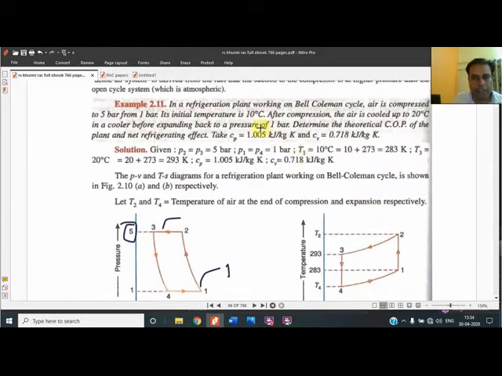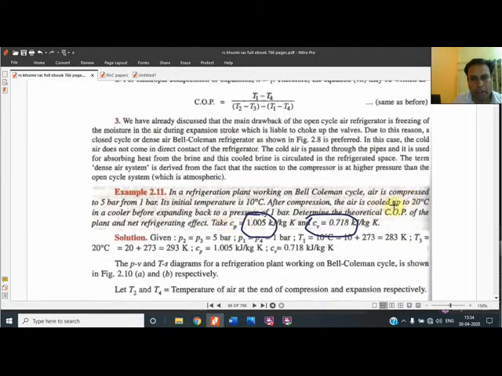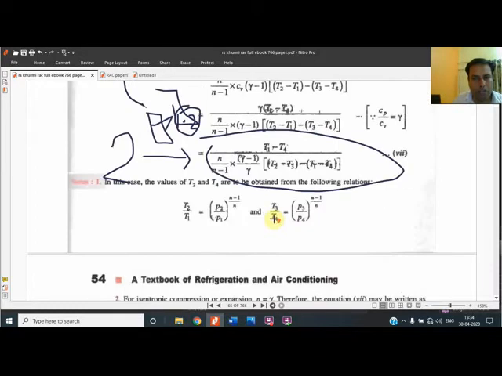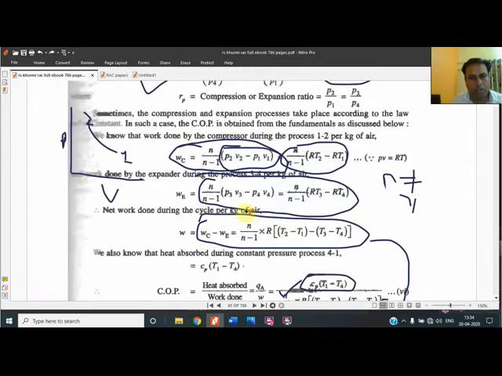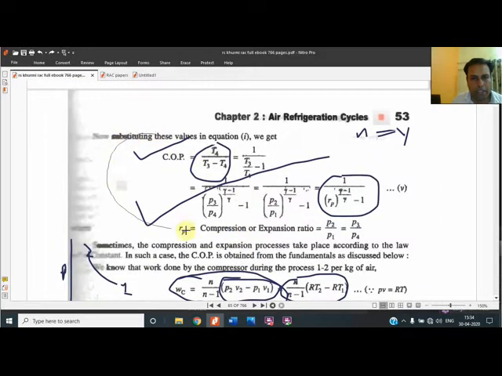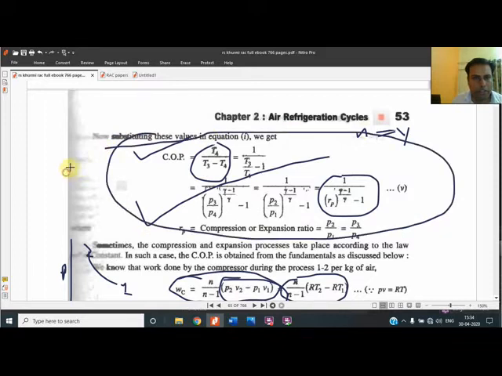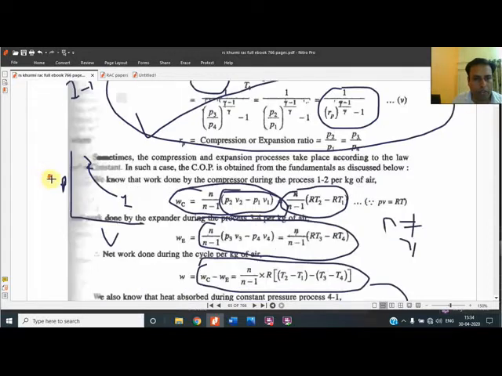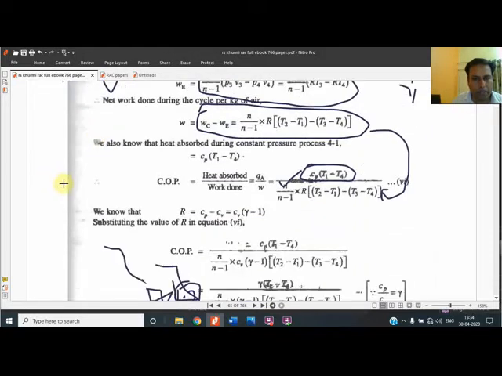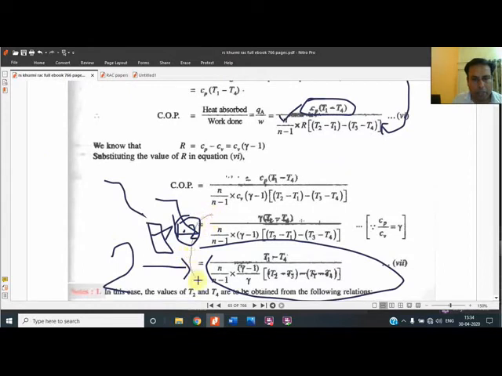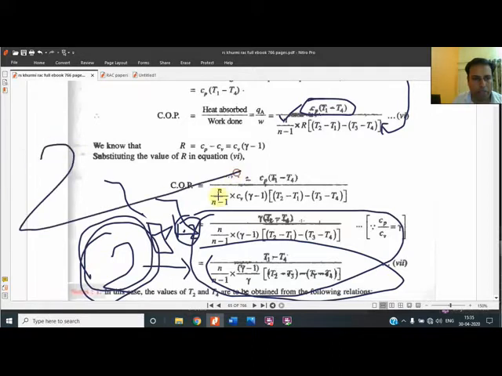Firstly we will take the value of Cp upon Cv, because I have told you that whenever we determine the COP in this system, they have asked for the theoretical COP. There are two formulas for COP, as I have told you earlier also. The first formula we have to use when we get Cp upon Cv as 1.4. Then no worry. And if the compression and expansion are taking place by some other index, then we will use the second formula. It means there are only two formulas. This is the basic thing we have to learn.